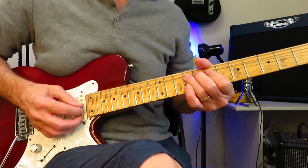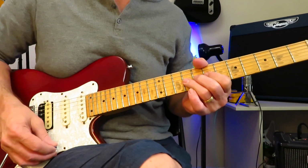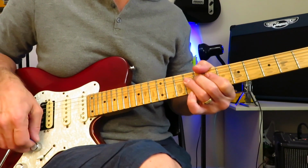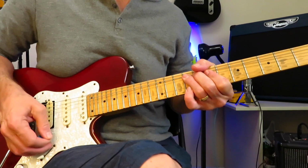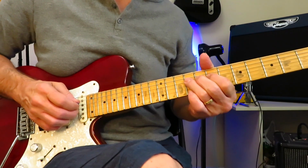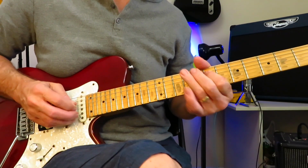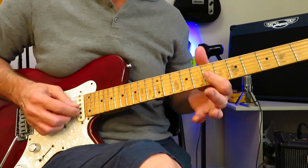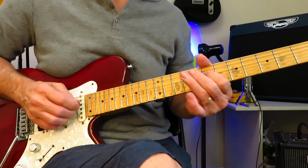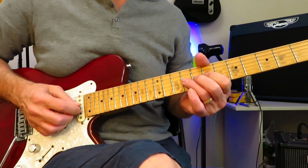So it starts with a volume swell bend on the 9th fret of the G string, so you can have your volume off, pick the note, and then raise the volume, right, as you're kind of releasing the bend. And then you drop into a hammer-on from 7 to 9 of the D string into this. So down to the 7 of the G, back to the 9, little hammer-on, 7 to 9, back to 7 of the D, and then we're into another bend on the 9,